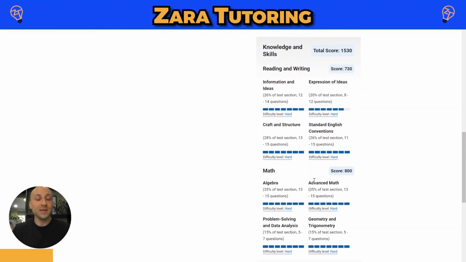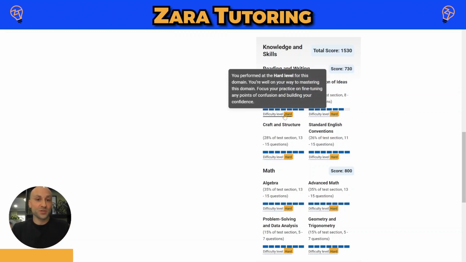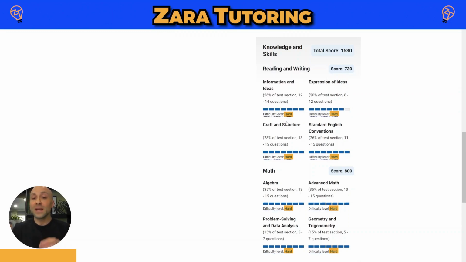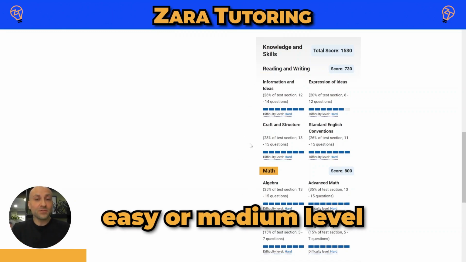That's going to be really key because we want to determine which domains you're crushing and which ones we still want to improve in. The ultimate goal is to have each one at level hard, meaning you're doing so well that you're essentially at full bars. For any domains, whether in reading and writing or math, where you're at easy or medium level, in other words not at full bars,